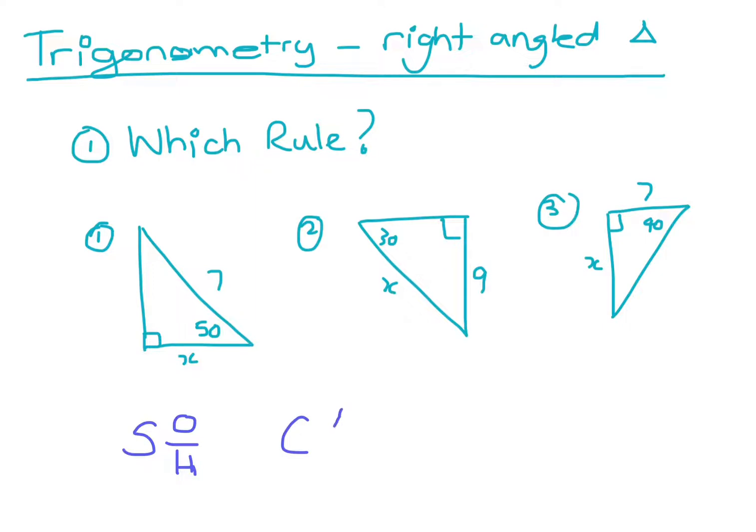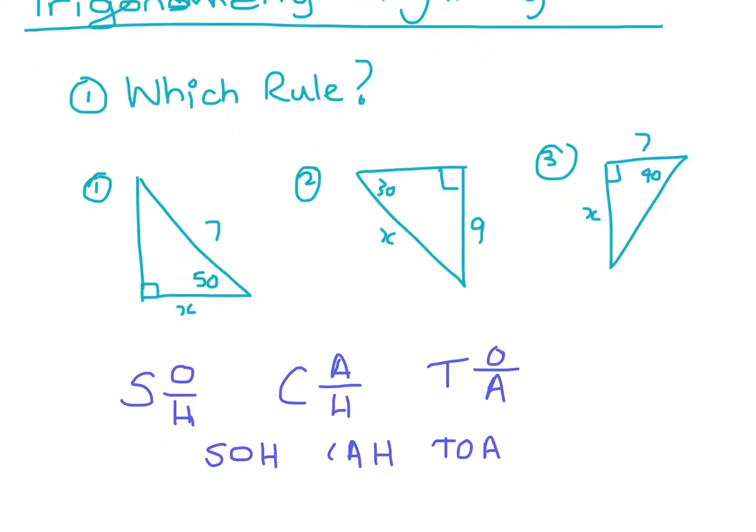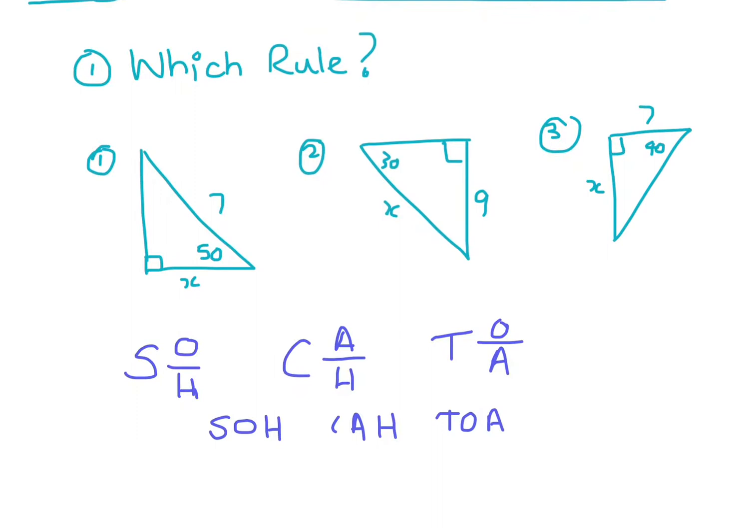Cos, which is adjacent over hypotenuse. And tan, which is opposite on adjacent. And the way to remember it is just remembering SOH CAH TOA. Okay, now when we're looking at this here, we're going to look at, first of all, which one we